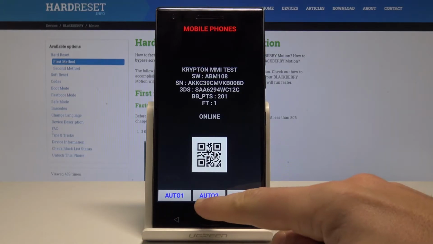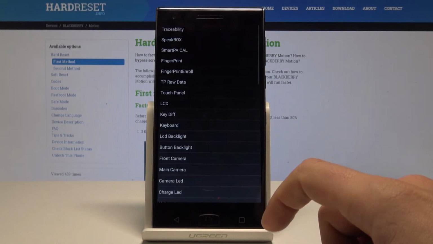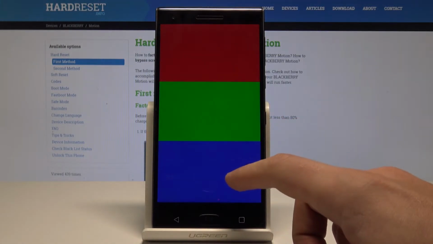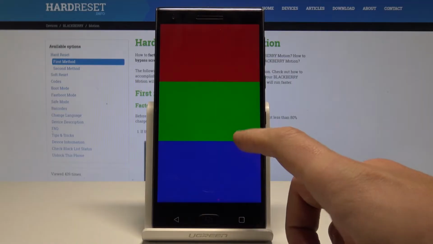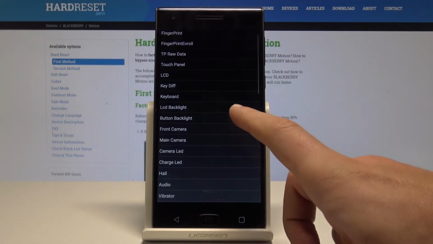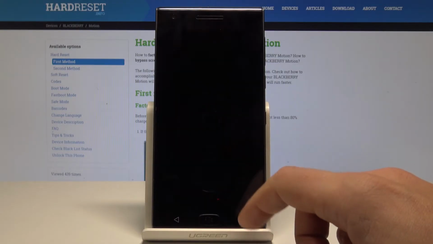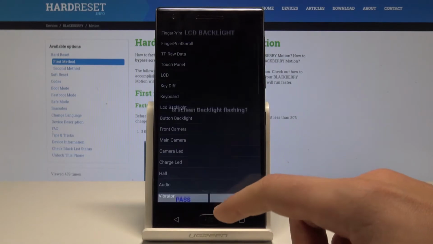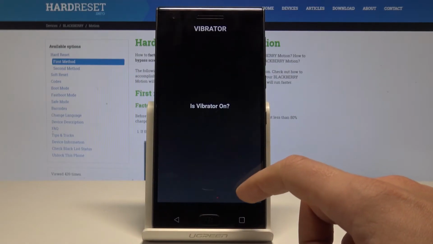You can perform here some automatic test, or you can choose manual. Let me choose manual. Here you can, for example, test your LCD colors right here. You can test your camera, LCD backlight. So let me test the backlight. The vibrator,